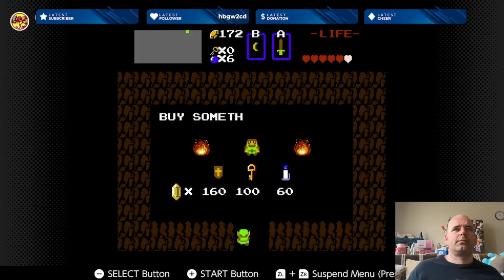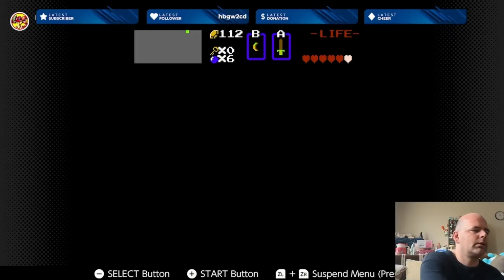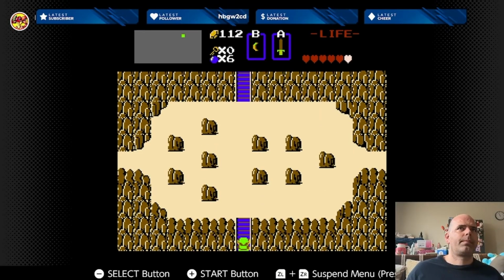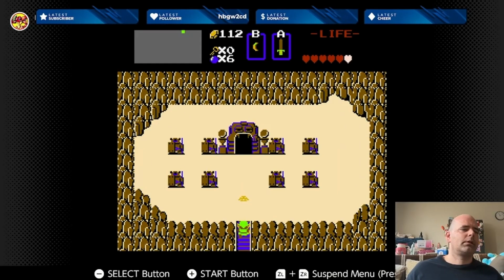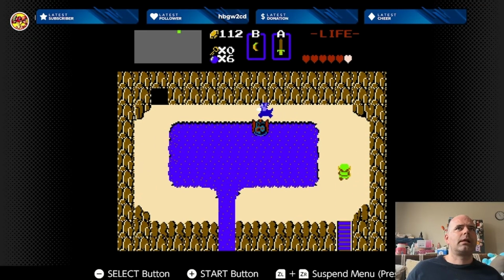Down here, we have a shop. Here, I decide it's time to get the blue candle. This will definitely come in handy for opening more secrets. We head over to the left here, we head up these stairs, and here we find a lake with a